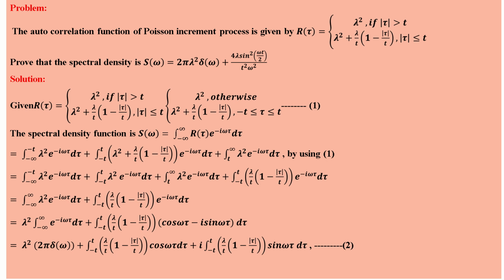Delta function, Dirac delta function. From the definition of the Dirac delta function, it is 2π λ² δ(ω) plus the integral from −T to +T of (λ²/T)(1 − |τ|/T) cos ωτ dτ, plus i times the integral from −T to +T of (λ²/T)(1 − |τ|/T) sin ωτ dτ. That is equation number 2, that is equal to,